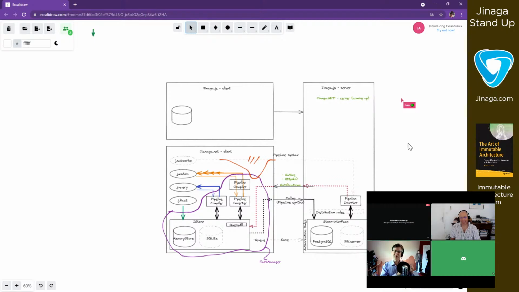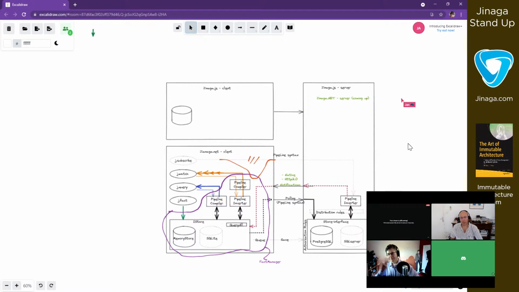But as I was preparing for the first one, the Janaga.js talk, I had noticed another flaw in the Janaga.js implementation. This one is more of a design flaw. Whereas some of these, we can kind of shore things up a bit, this one, I'm really going to have to think through what's the right mechanism to fix this.